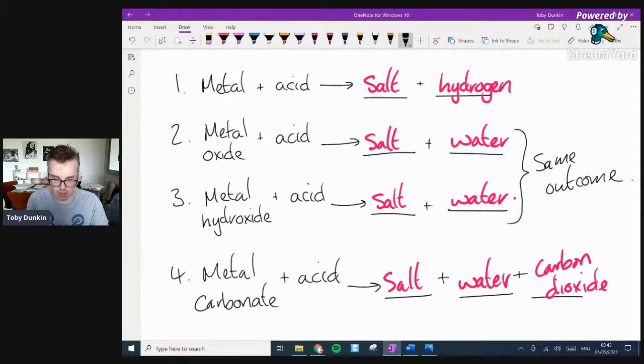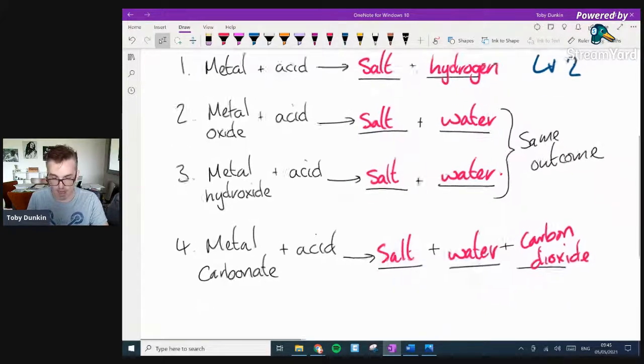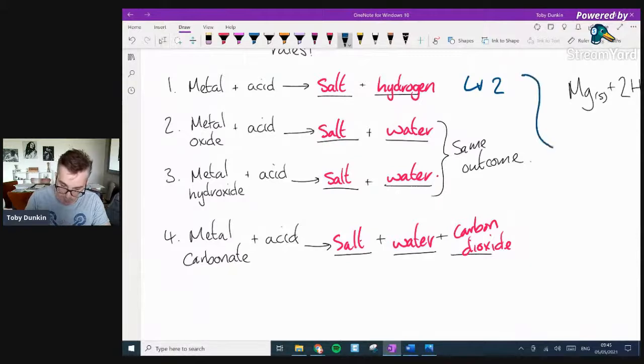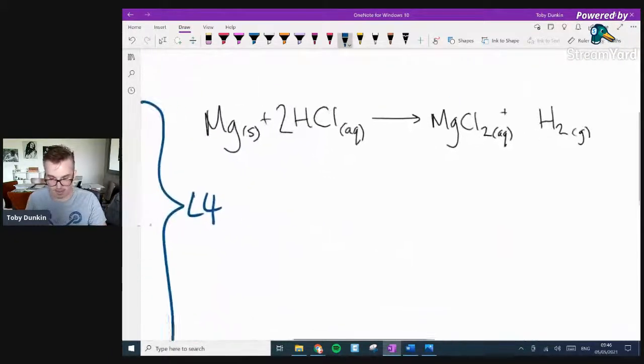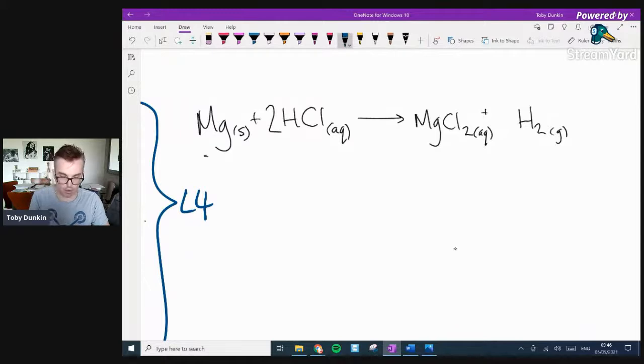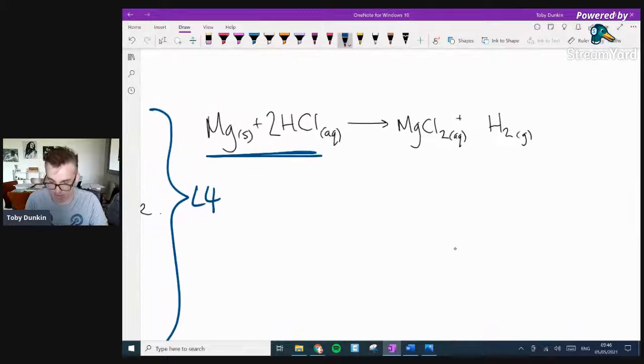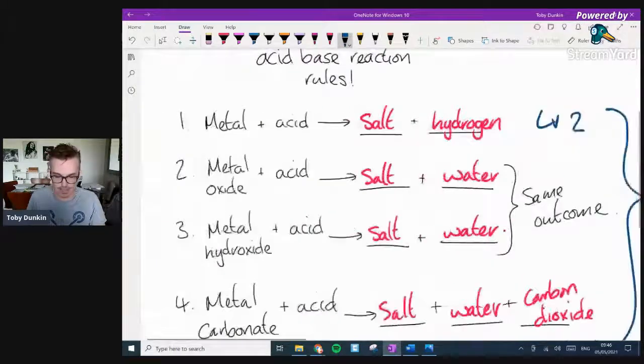So an individual equation might be level 3 or level 2 even, from key stage 3, but then knowing all 4 of these now becomes a level 4. But then being able to write your equation from your base reactants, acid base reactants, you're talking now up to a level 7. So it's nice to see how this evolves through chemistry, how one particular topic, which we started in year